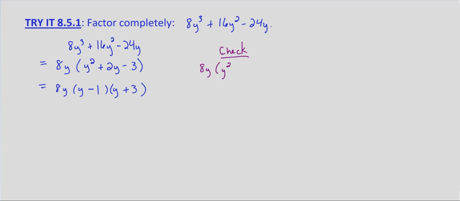So we're going to redo the FOIL now. Y times y is y squared. And then the outside is y times 3. So plus 3y. Negative 1 times y, that's minus y. And then negative 1 times 3 is minus 3. Combining like terms, that gives us 8y times y squared plus 2y, 3y minus y, minus 3. And then if we distribute, the 8y times y squared is 8y cubed,